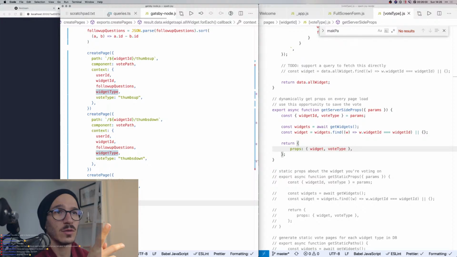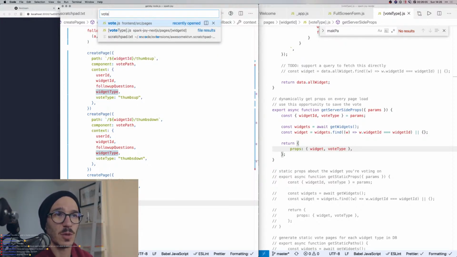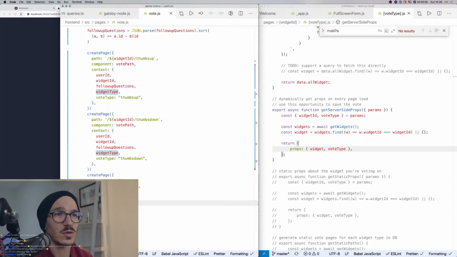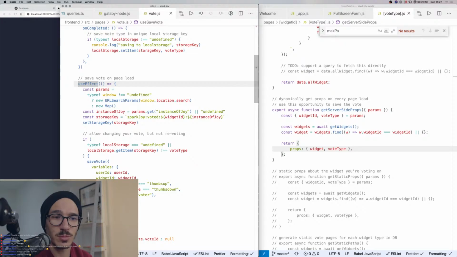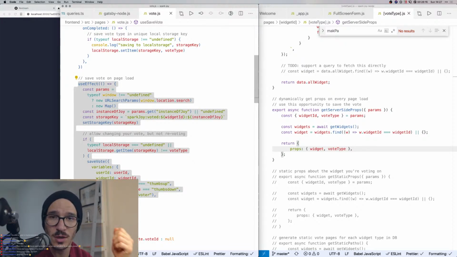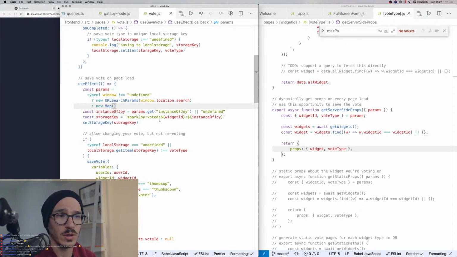I'm going to go back to my Gatsby project and hopefully be able to just copy paste that out. So front-end source pages, vote.js. Here we have, see, this is the original problem I started solving by trying to refactor this into Next.js: with Gatsby, we had pages that loaded super fast, but people didn't always wait to save their vote, which happened on page load and could lead to problems. So we're now going to try to do this with